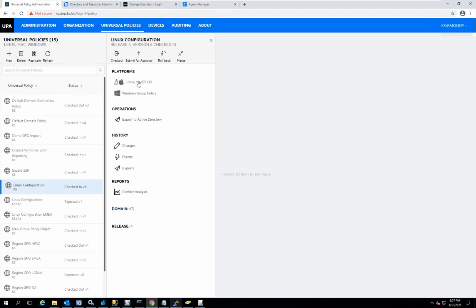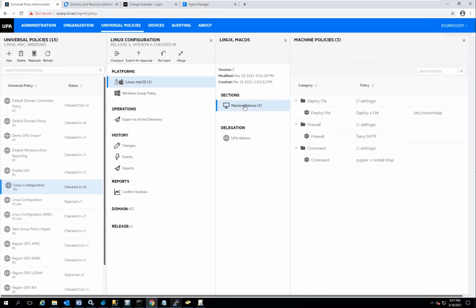First thing I want to show you is the settings that are already applied to this policy. You can see here I have a deploy file policy that deploys a file to my /etc/custom app directory. I have a firewall policy that denies SMTP, and I have a command that runs to install htop. Let's now check out the policy,